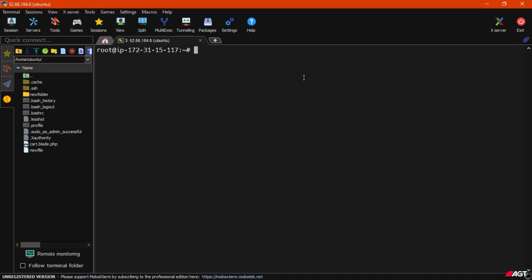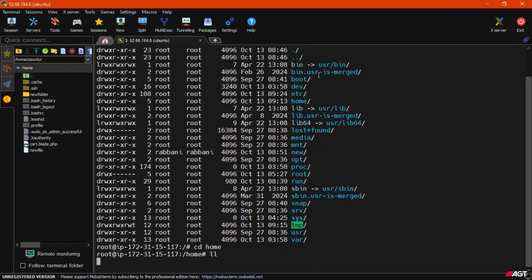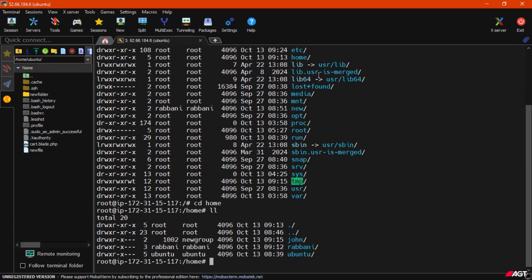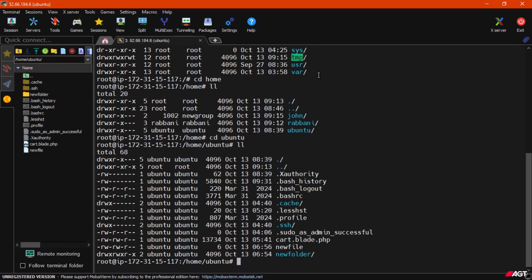Hello everyone, in this video we'll see how to change the ownership of a file. So now I'm logged in as a root user. Okay, here I am in the Ubuntu user's folder. You can see all files are owned by the Ubuntu user. But now if I create a directory here as a root user,